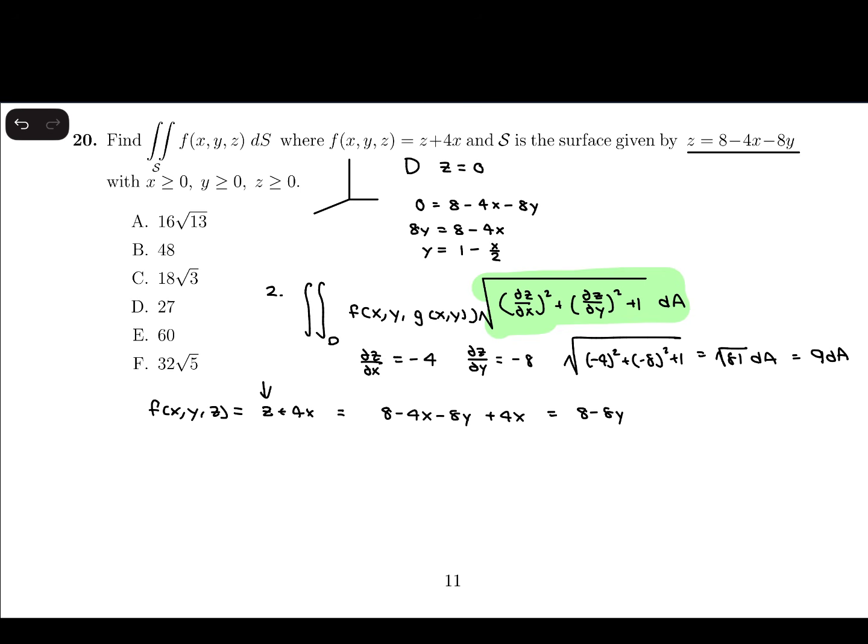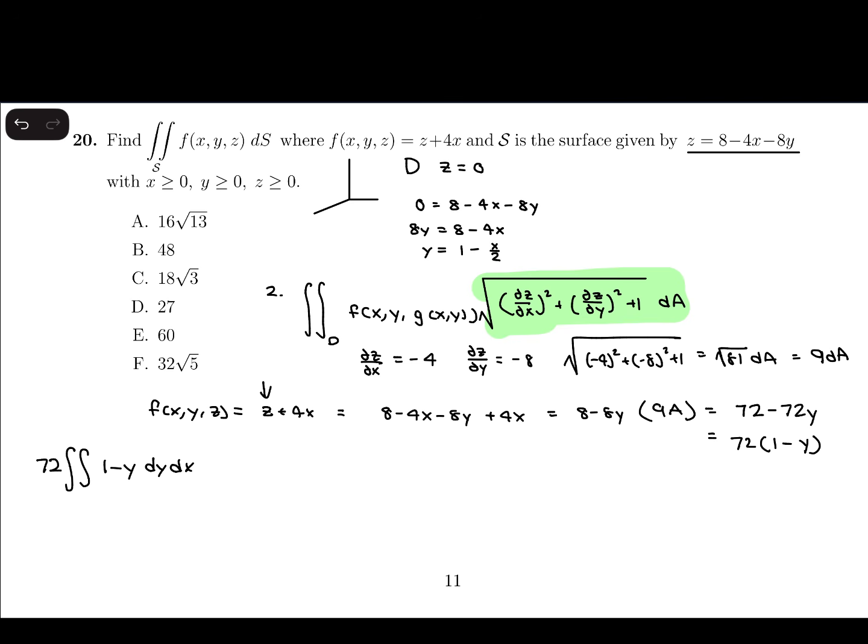And this is multiplying the outside, so this will be 8 minus 8y times 9 dA, which just gets us 72 minus 72y. If we factor the 72 out, we just get 72 times 1 minus y. Okay, so now you have this out in your integral. In this case, it just becomes, leaving the 72 out, 1 minus y dy